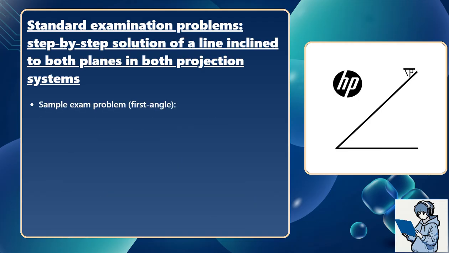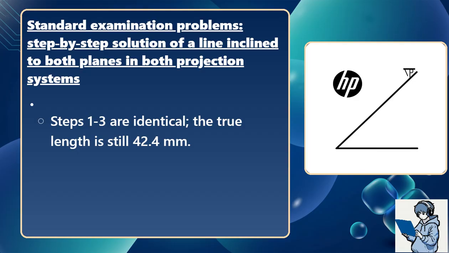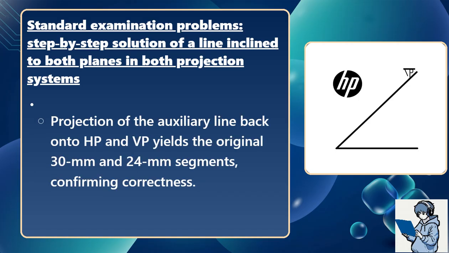Sample exam problem: first angle. Number 1. The same data as above, but the drawing follows the first angle convention. Steps 1 through 3 are identical. The true length is still 42.4 millimeters. The auxiliary view is drawn to the left of the horizontal plane and vertical plane views. Projection of the auxiliary line back onto the horizontal plane and vertical plane yields the original 30 millimeter and 24 millimeter